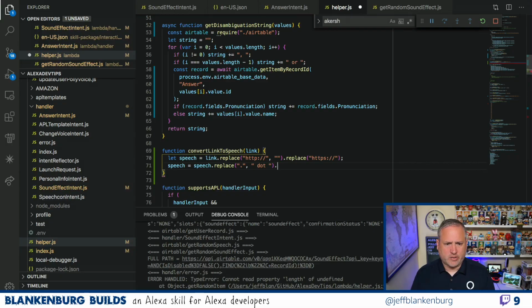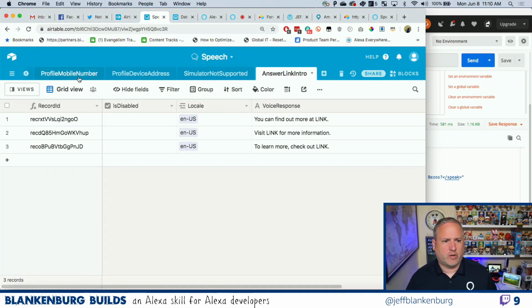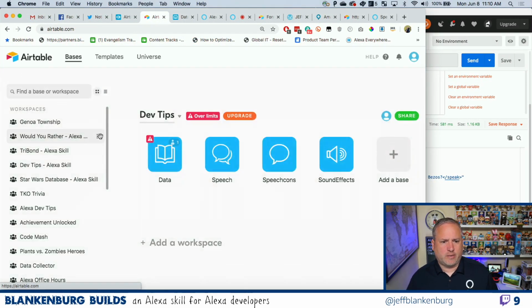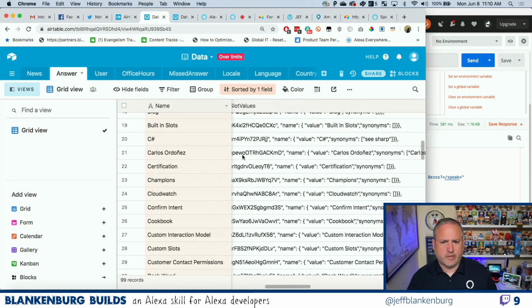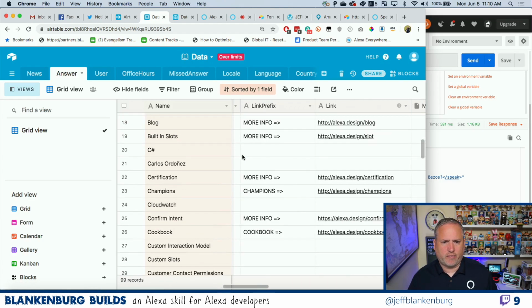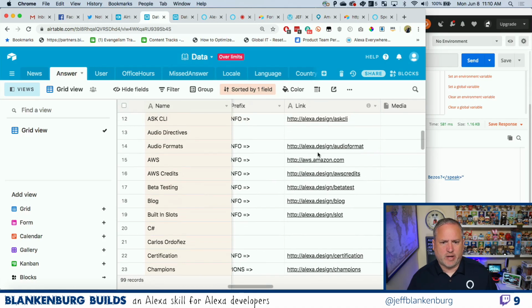No, this is actually an interesting JavaScript trick. If you guys don't know this, there's multiple dots in a URL, right? If we look at our actual data for an answer, let's look at a URL and really take these apart. So I have alexa.design, but I also have like aws.amazon.com. I have multiple dots.